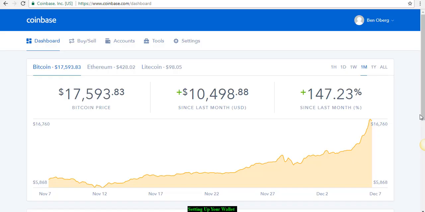Coinbase is just a really good place to just show you the basics, and everything really works the same amongst all wallets. They all have the same type of settings. They all have different user interfaces, but it's the same type of stuff. So for learning purposes, we're going to be inside Coinbase here. I'm on the dashboard. You can see it's currently